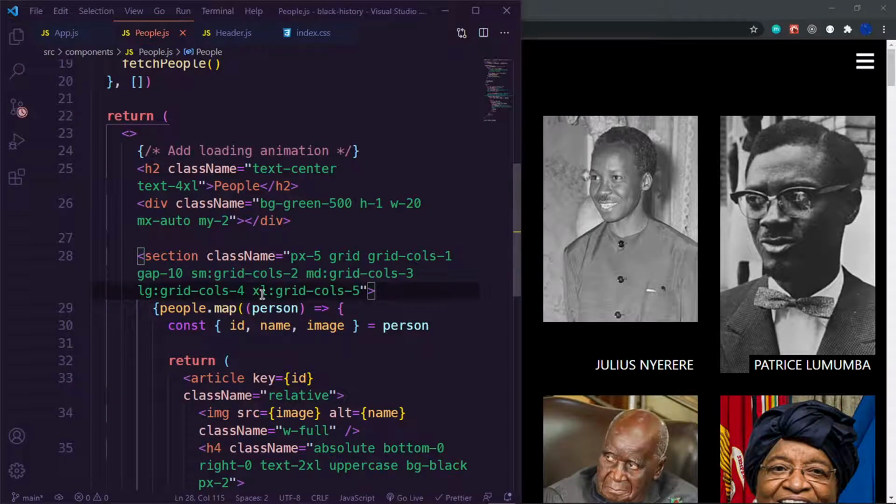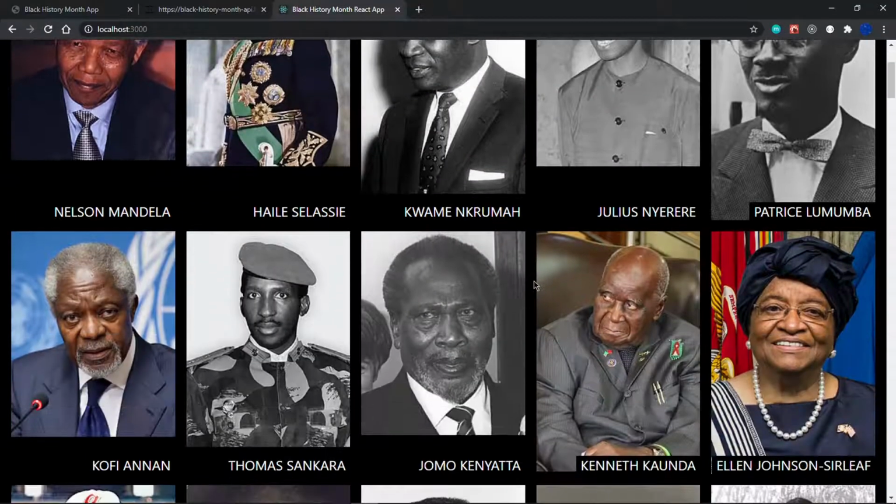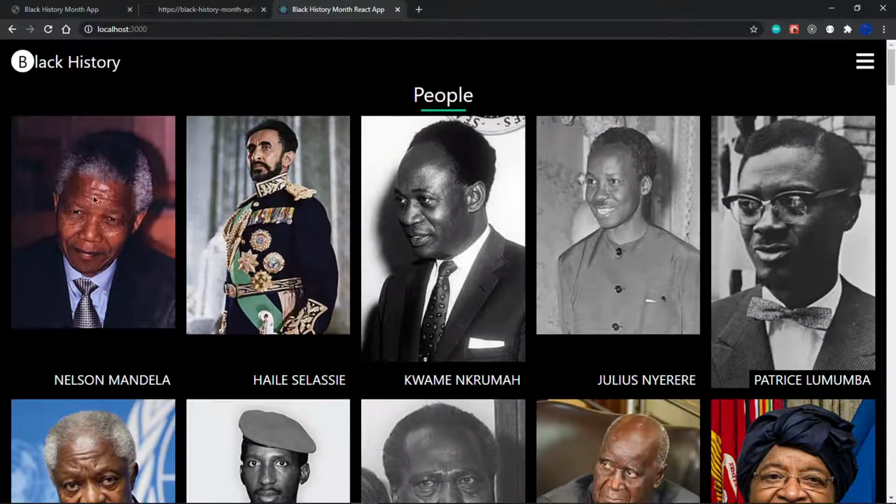Okay, let me reduce the grid gap at large screens. I want to say gap to reduce to 5 because I had it at 10, so that we have this. Now obviously you'll notice something else that is protruding, and that is the fact that the images are not of